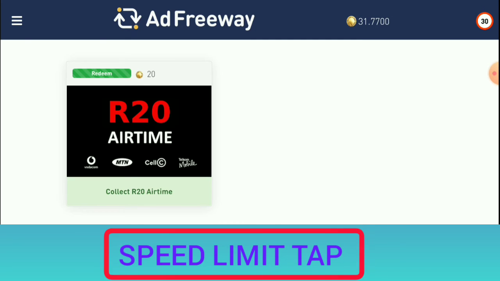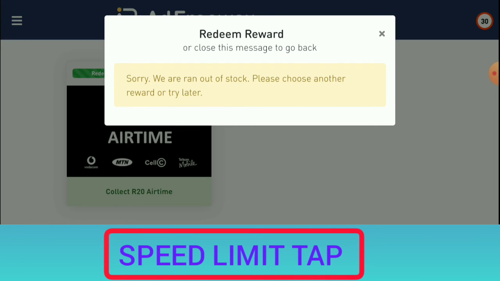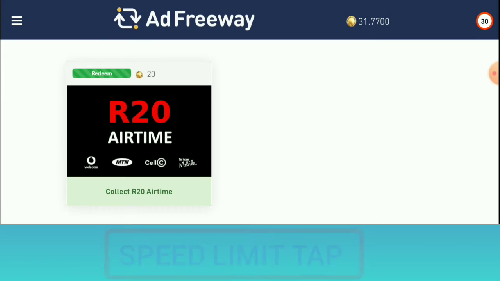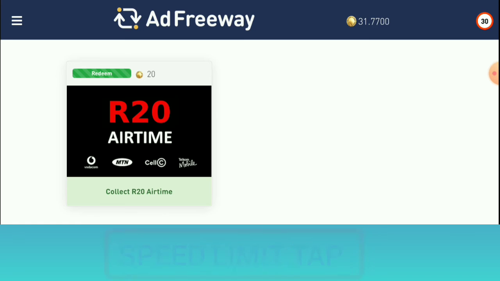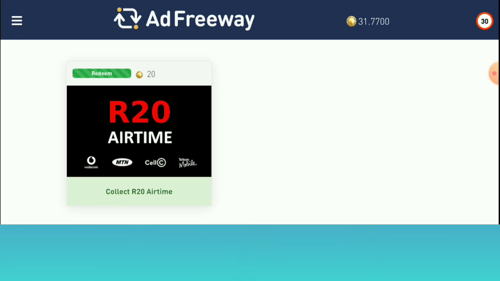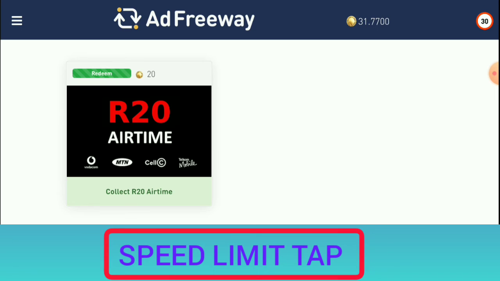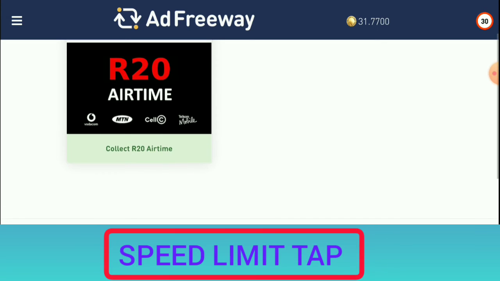Let me take a screenshot of this, and then I will ask them, at least I will find out what exactly that is. But it's clear, I think they say they don't have stock, or they don't have money or airtime to pay you. In other words, you must just keep on disliking and liking and keep on trying cashing out, and then maybe it will work. But I will try to ask them, and then we will see.